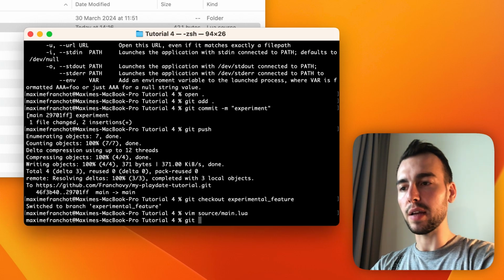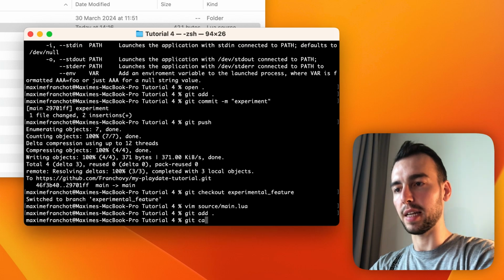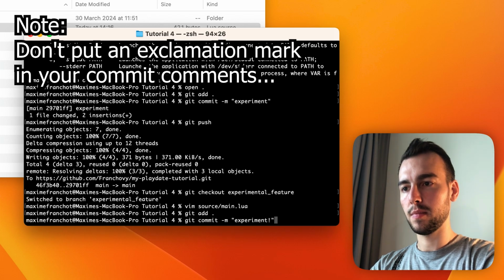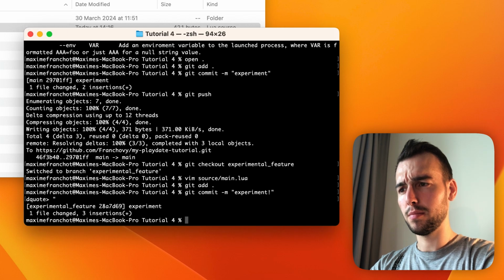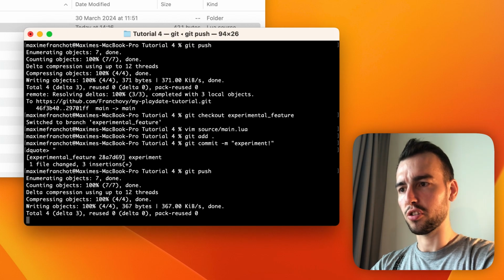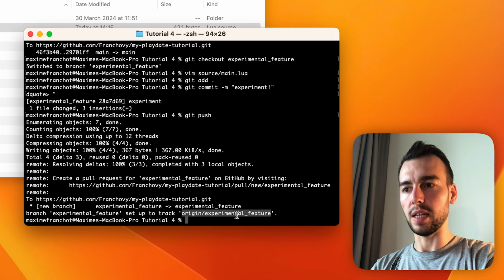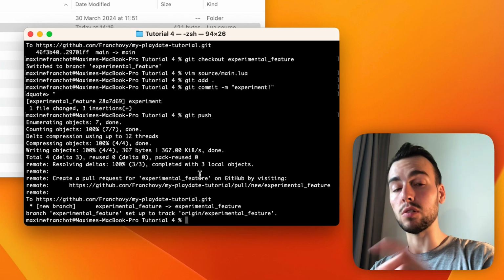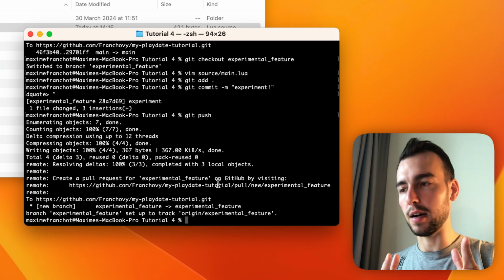And so now if I do git add dot and then git commit -m "experiment". Okay. Push. Then you'll see that we've actually gone ahead and created an experimental feature branch. Now, I think you need to do -u on that last push, but let me tell you guys,